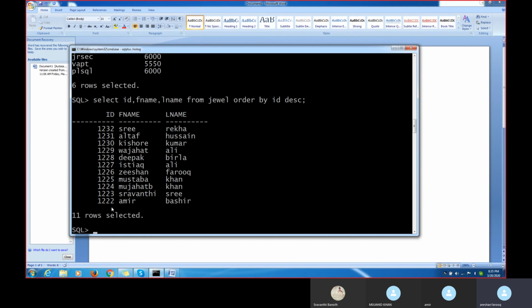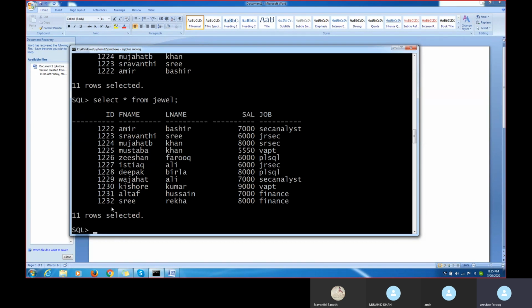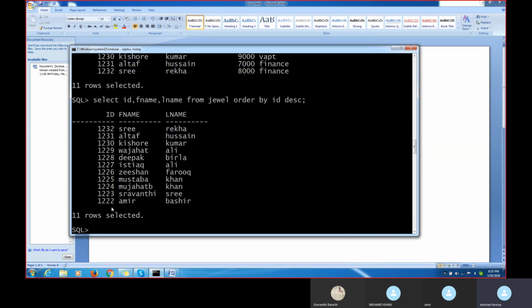132 to 122. Actually, our table is like this, as we already know, but I am getting it like this. One second. ID descending. If I wanted to put ascending order here, again I will get the same thing, but ascending we already have now. I'm just making this descending now. Okay, descending 1, 2, 3. Any question now? This is the order by clause. Any questions?